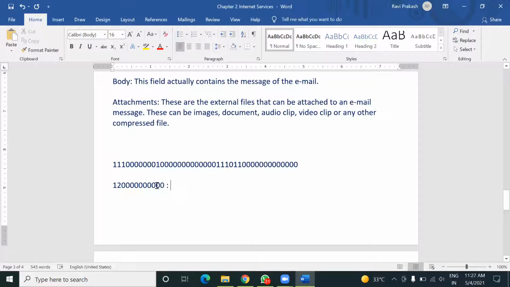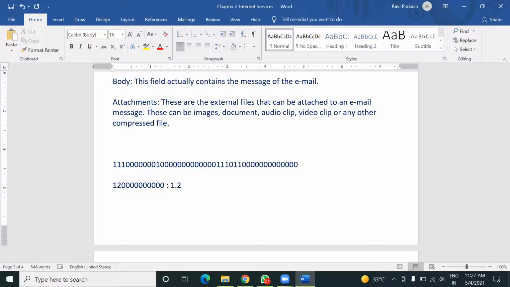So 1.2 into 10 to the power 12, or 11? Sir, 11. Yeah, it is 11.